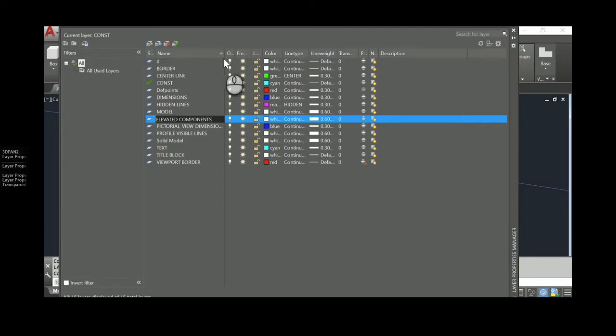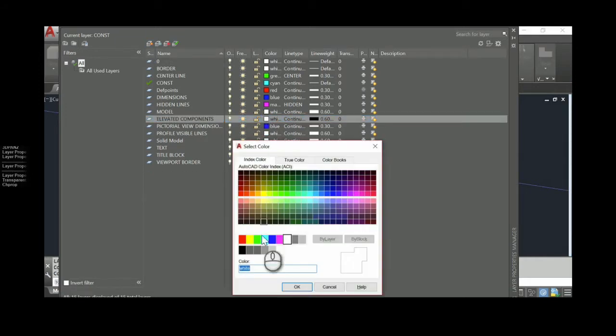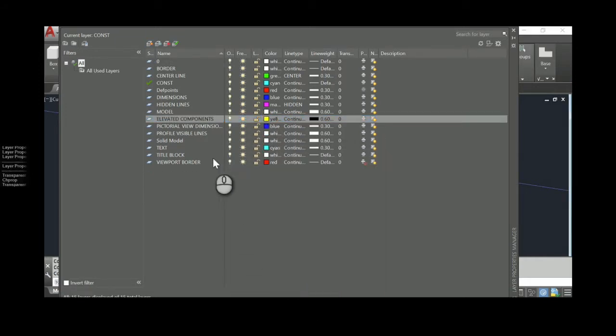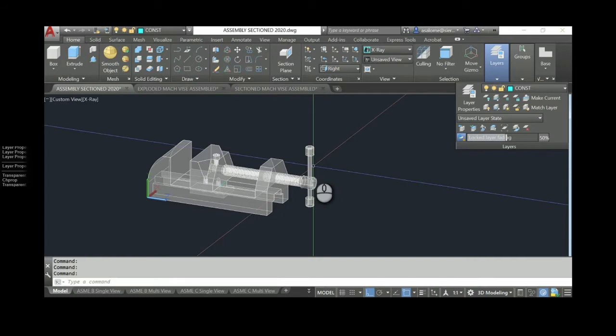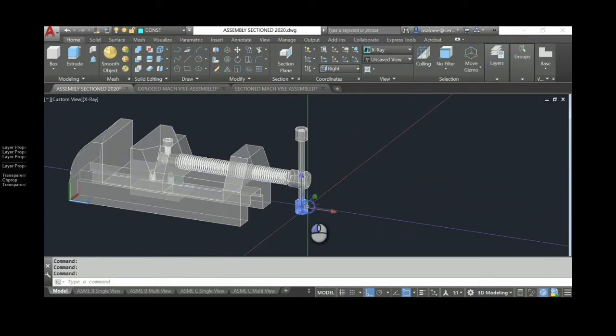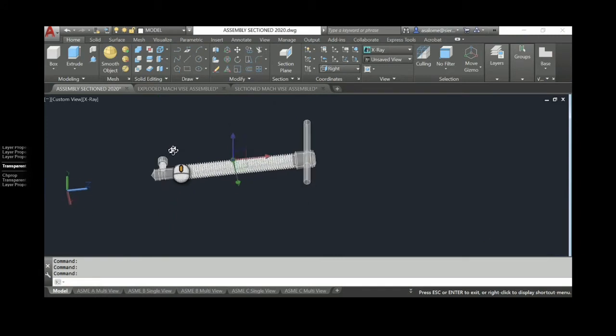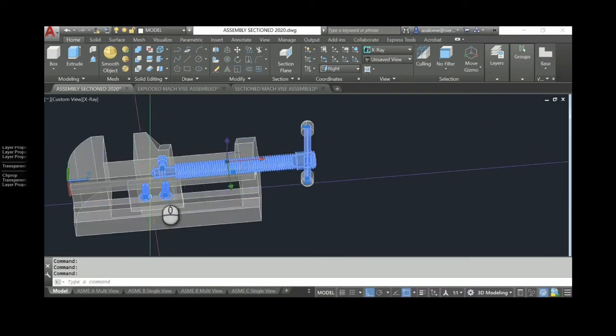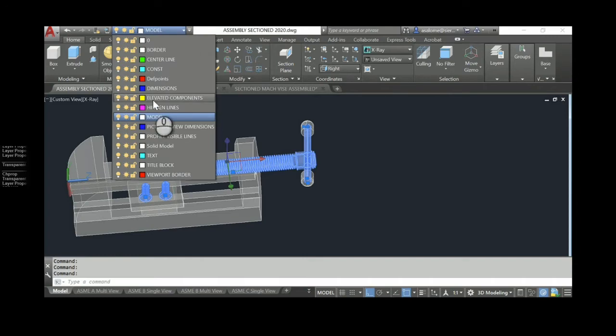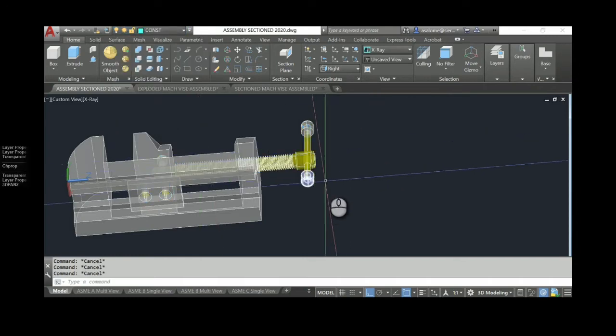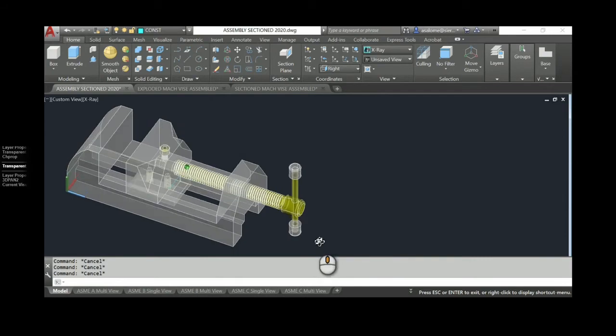Now, you could have called it Rotational Components. You can call it whatever you want. I'm going to change its color. I'm going to change it to yellow. Okay. So I have model item, so it's got exactly the same properties as the model layer, except the name and the color. You can use whatever color you want. Doesn't matter. Okay. What I'm going to do now is I'm going to take the cap. Oh, no, not the cap. I'm going to take the handle and the 4 screws. And I'm going to move them onto that new layer called Elevated Components. And they should turn yellow. Okay, so there they are, they're yellow.